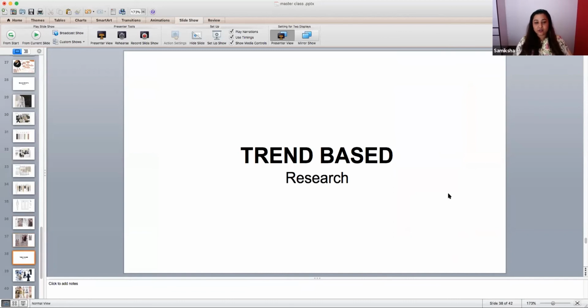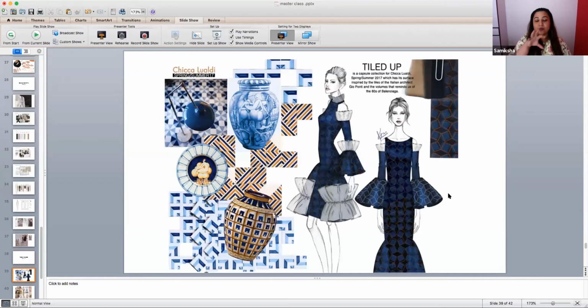Next, we have a very short trend-based research. So in this, whatever the trends are, which with the help of Rajesh sir, we are getting about the WGSN reports, you all should go through them, and you all should understand the trends and create your design according to the trend, because that's how every brand is following right now. So this is very good, in one picture, everything is done. If you have just two processes, an inspiration and an end product, this is a very good way of showcasing both on one slide.